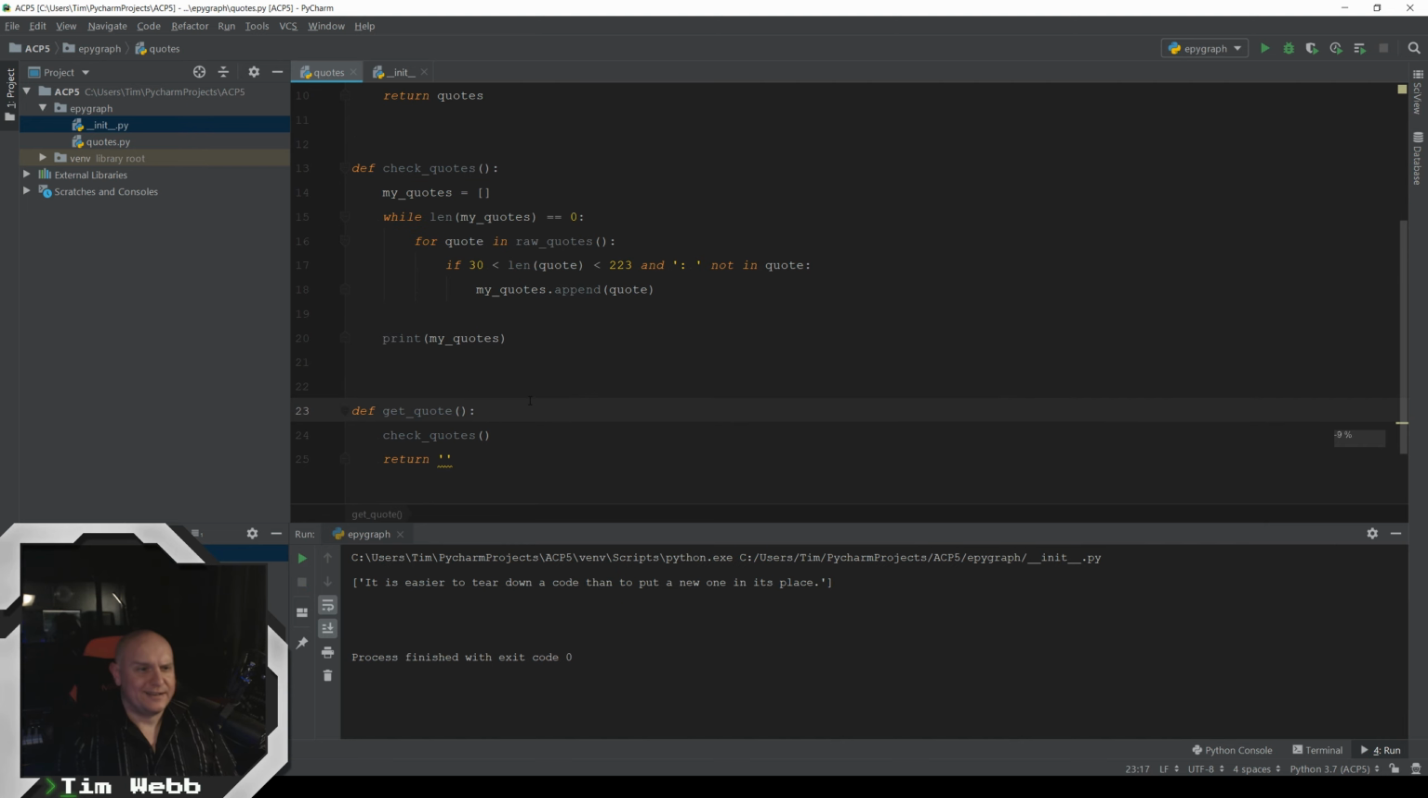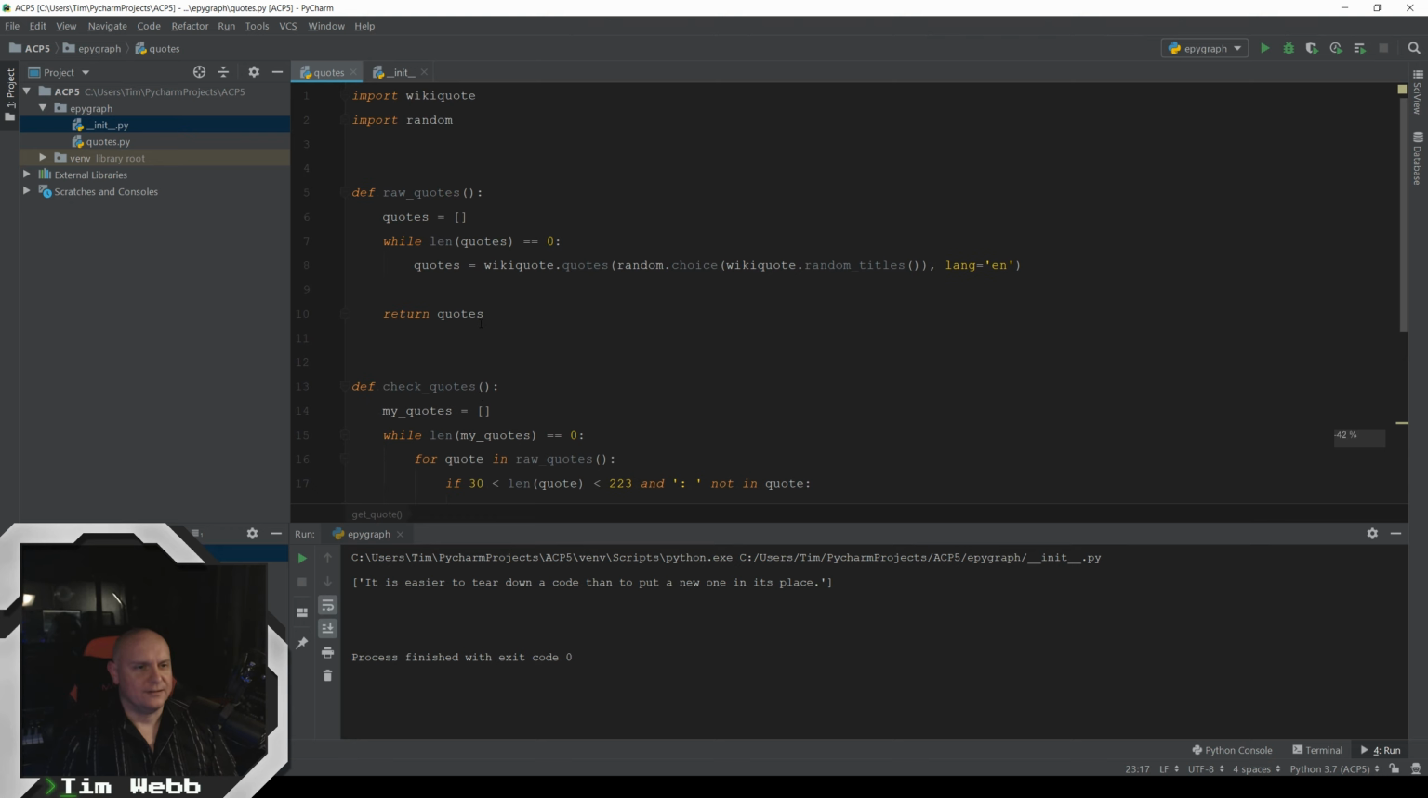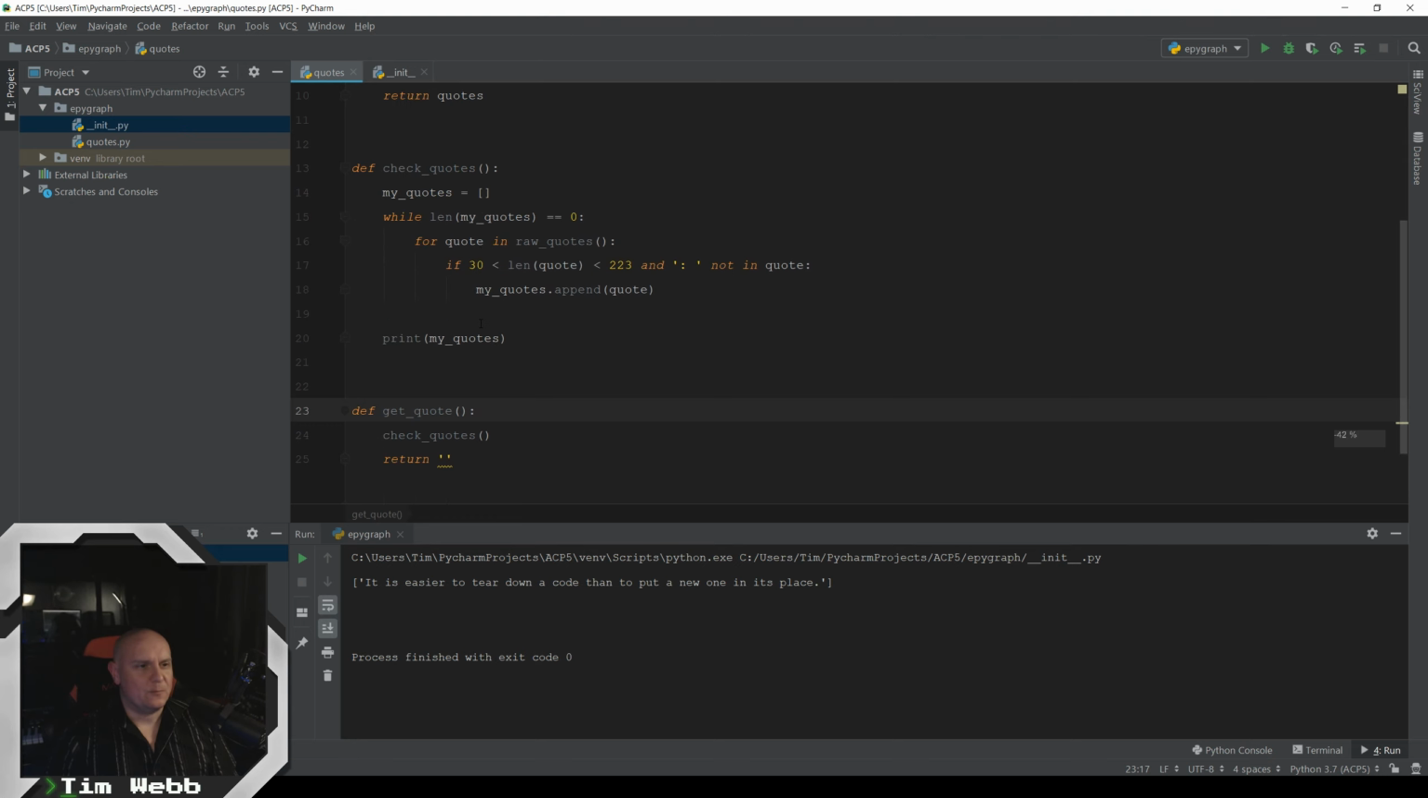All right, so I've been testing this to make sure that we're getting English results, and this one's perfect, right? "It is easier to tear down a code than to put a new one in its place." God, I'm feeling that right now. Doing code live like this is tricky. So we are generating a list of quotes that we like. So now we can